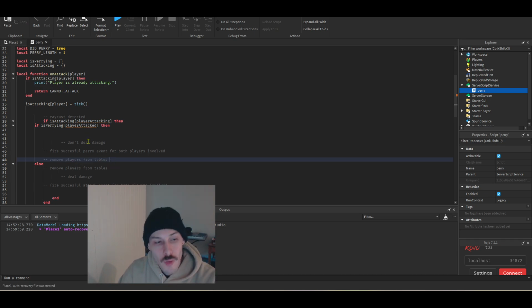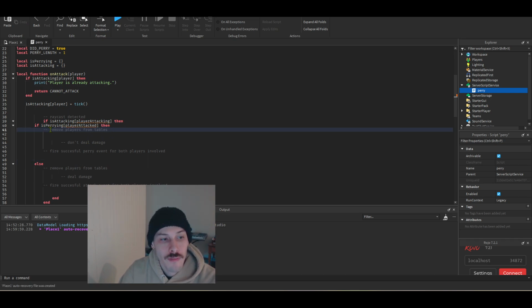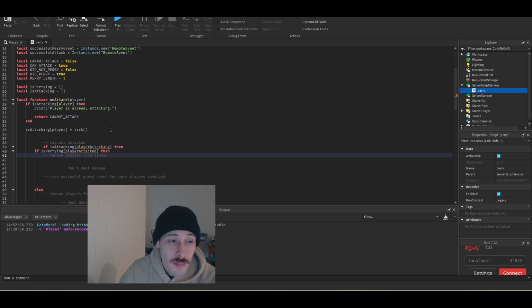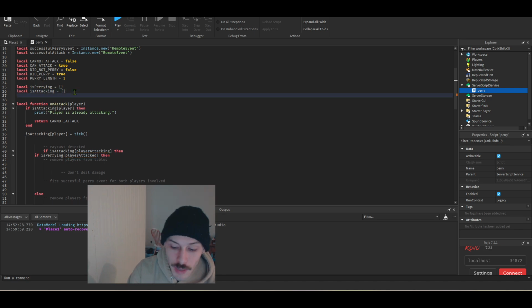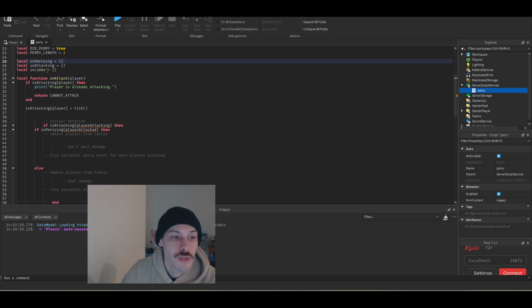But in certain situations, you're gonna want to remove them. It just depends if you have a ton of other stuff going on, or what the exact situation is. Sometimes you're gonna want to remove them from the tables sooner. And then we would have, you know, a limbo table, right? A limbo table where you don't want them in these tables, but you don't want